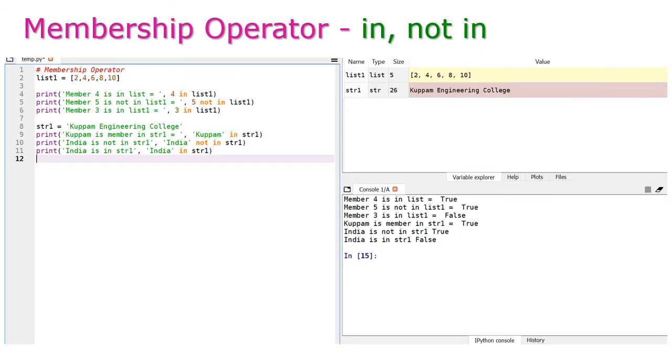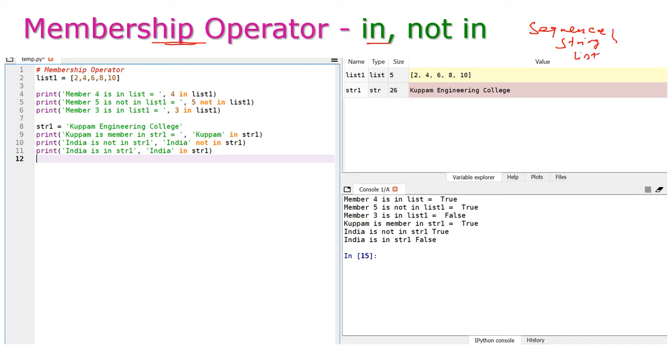Next we will move to the membership operator. What is the purpose of the membership operator? We are going to test a particular member in a sequence. In the sequence data types, we have so many data members: string, list, tuple.